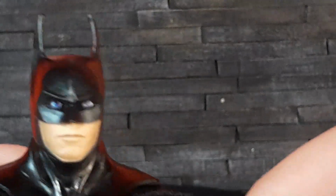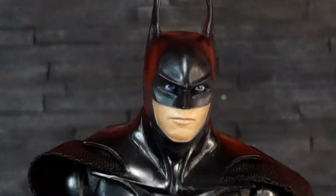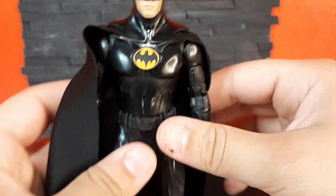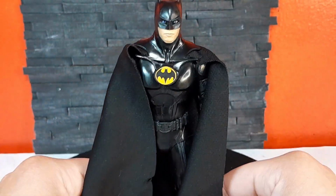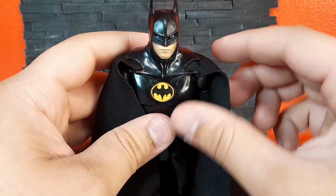Also, the cape. I love the soft capes. The cape looks awesome, and when you get that Batmobile, he can easily slide in there. You gotta fiddle with it just a little bit. So we're gonna zoom out just a little bit. But if you want it in more of a natural pose, it's very hard to do because these little parts just kind of bunch up and make this U shape here,